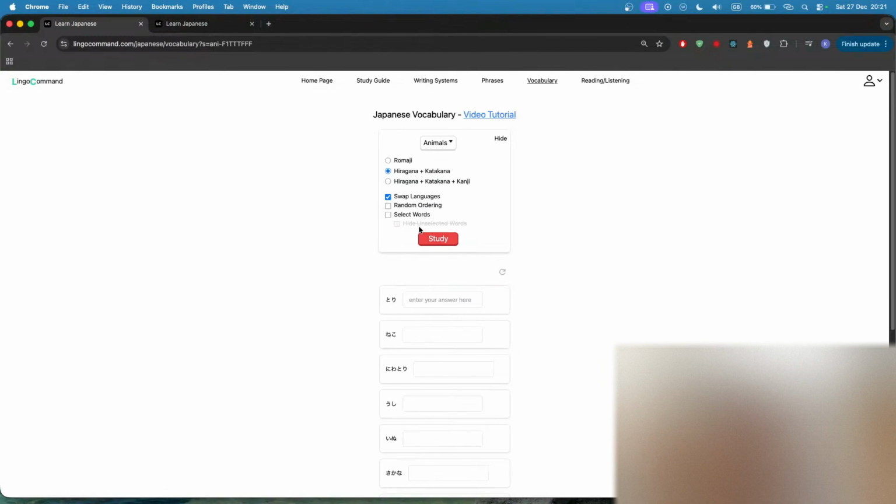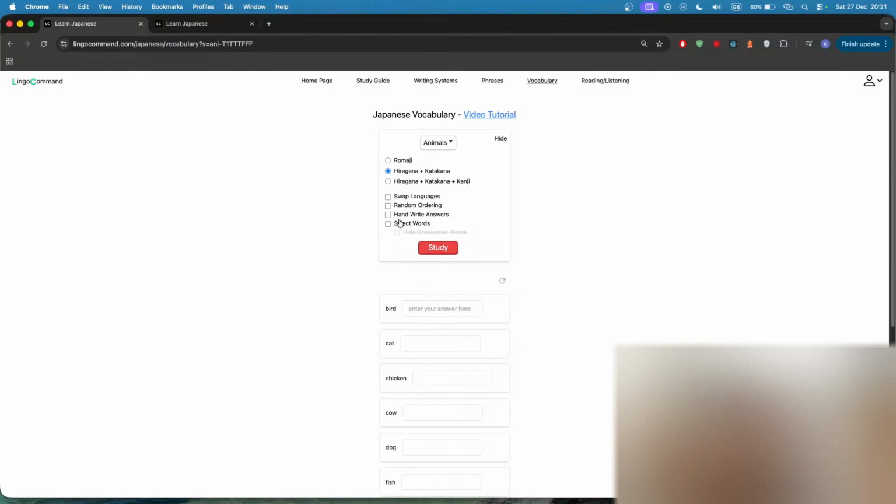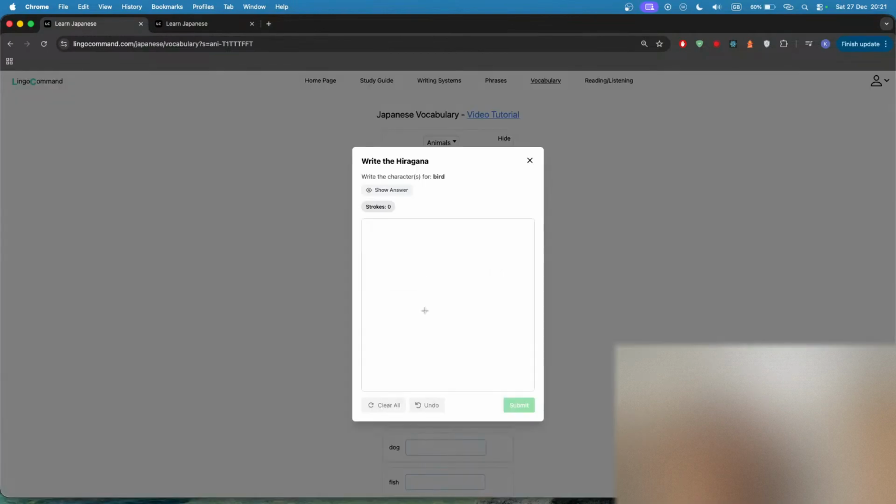we should be able to... Yeah, okay, so if we're going from English to Japanese, and we're doing hiragana to... our expected output is hiragana and katakana, we can then press here to handwrite our answers. So tori,